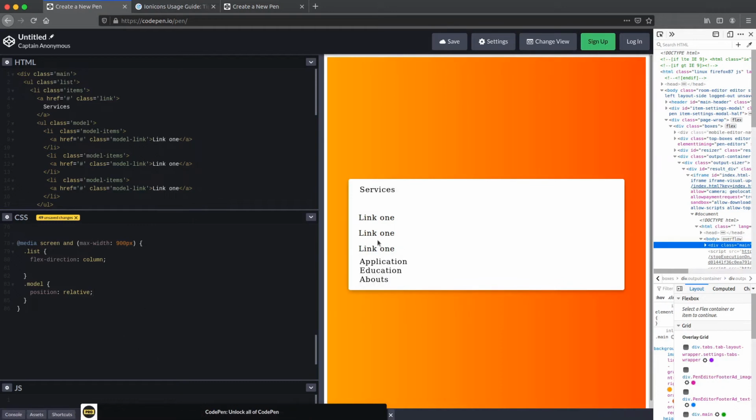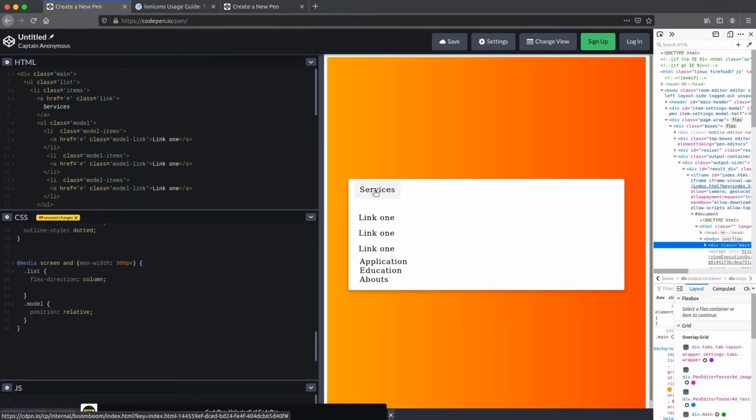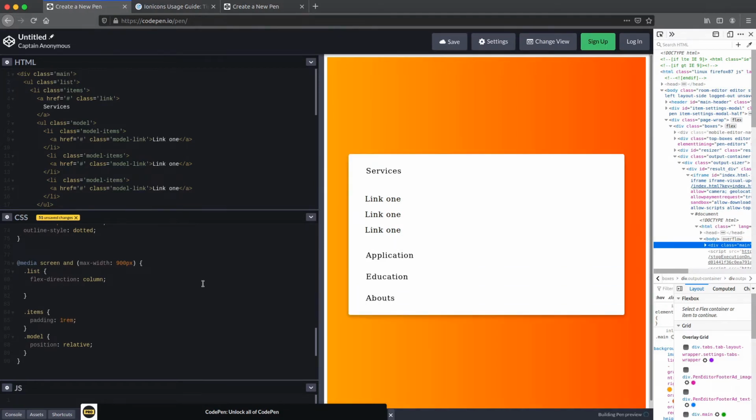Now add some padding on these items, not model items, on these items only. So I add padding. How about 1 rem?